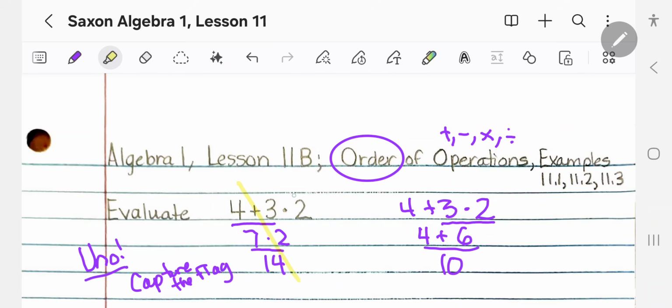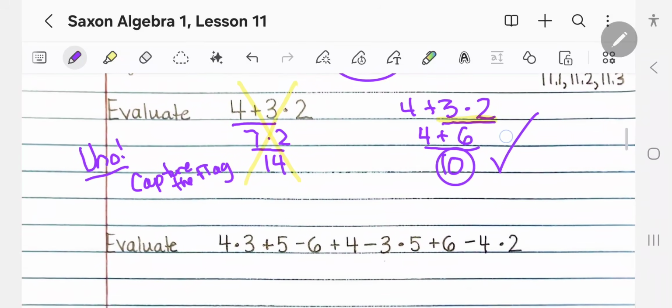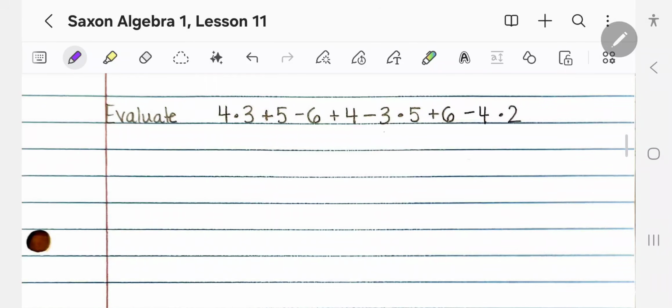So that would mean this one, although it's a very nice little procedure, is incorrect. We've decided we're going to do all multiplications first, and that's what mathematicians do. So this answer would be correct. This answer would be incorrect. Okay, so using that, let's evaluate this